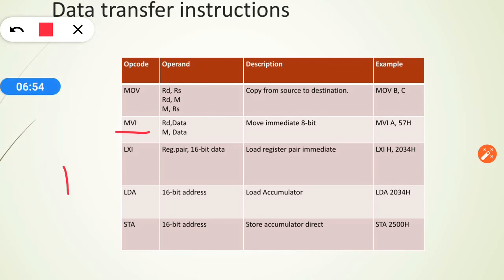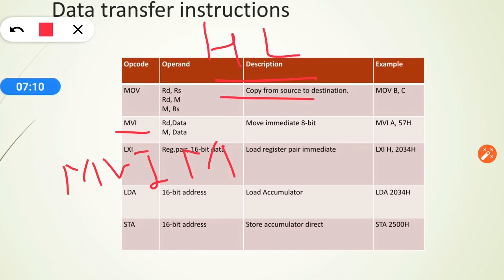I can also write MVI, and suppose I want to give data to the memory device, to a particular memory location. Then in the HL pair you have to first load a 16-bit address, in hexadecimal a 4-digit hexadecimal number, which is the unique address of a particular memory location of the memory device. Only after giving the address to the HL pair can you use this M letter for moving your data to the memory device. So now I am writing MVI M.